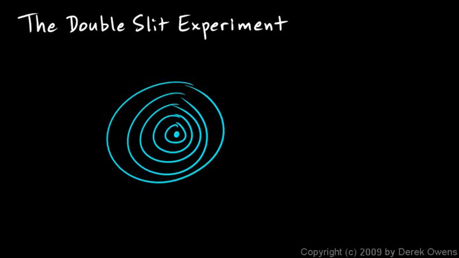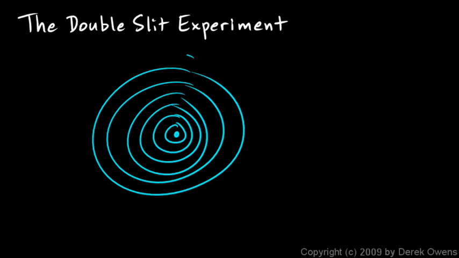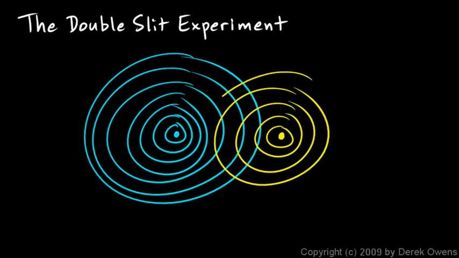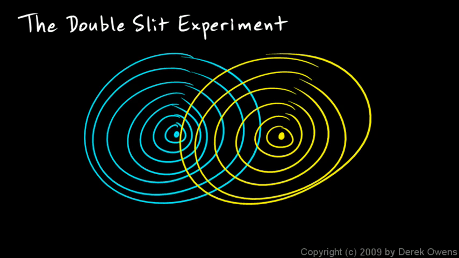Well, say you have something that's constantly tapping on the surface of the pond. So you're getting this constant series of waves spreading out from one point. And say you put another source of waves at another point in the pond. And so you have another set of waves emanating from this point. Well, when the waves from one cross the waves from the other, they add up at that point right there to make a larger wave.